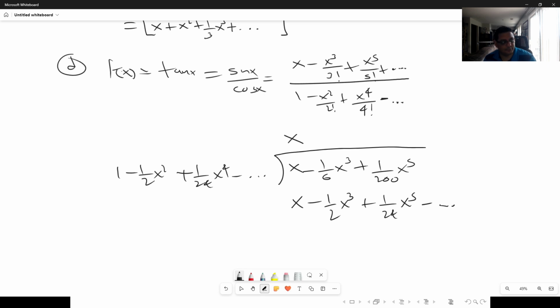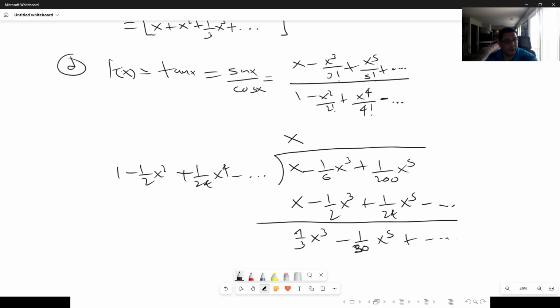And then this is now going to give me a different thing when I subtract. This will give me 1/3 x cubed minus 1 over 30 x to the 5 plus, and so it continues,